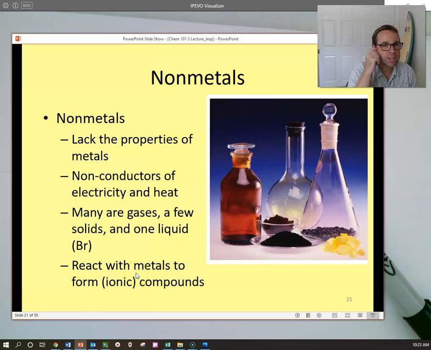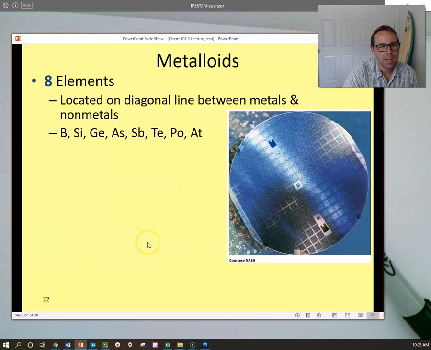How can we generally know if it's an ionic compound? It has to have metal. That's right. A metal and a nonmetal come together to form an ionic compound. Excellent. Metalloids